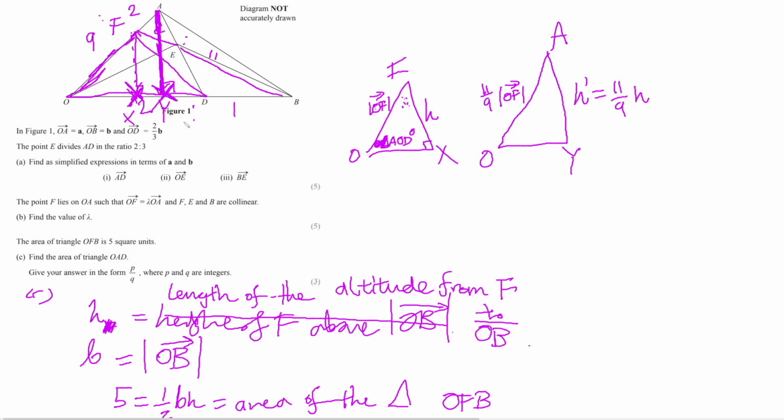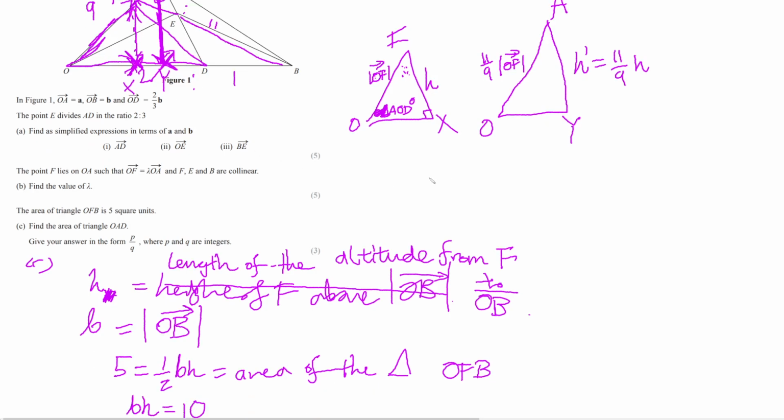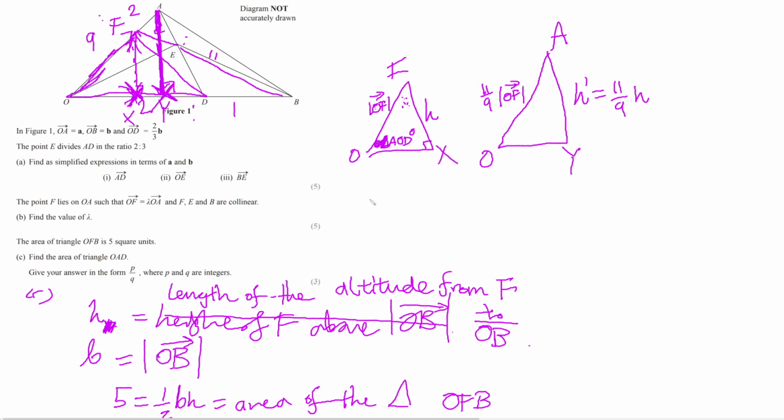Another way of thinking about it is that you could break down this vector OF into a horizontal and a vertical component. So if there was some expression for OF in terms of I, the base horizontal vector, and J, the base vertical vector, say OF equals MI plus NJ, then since we know that the new vector from O to A is 11/9 times OF, that is OA is 11/9 MI